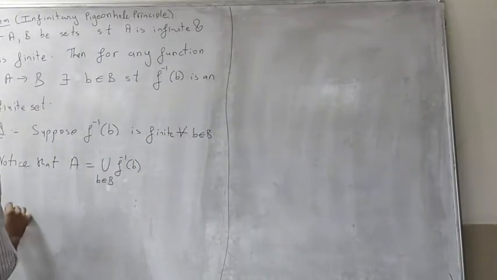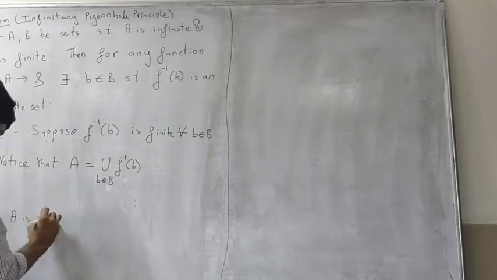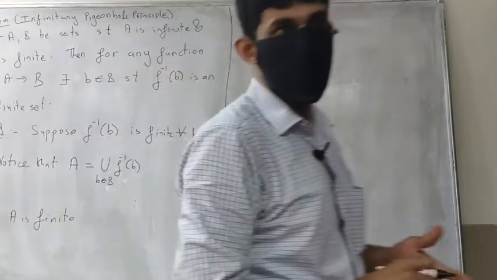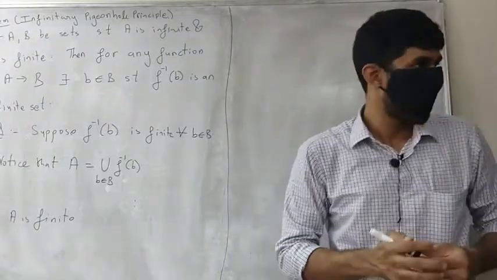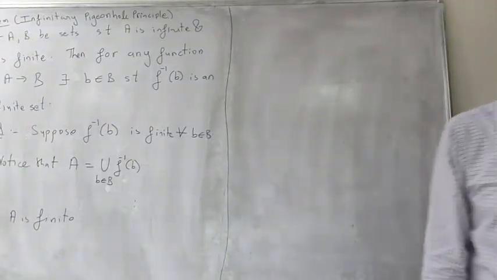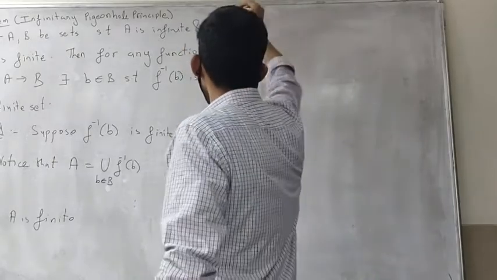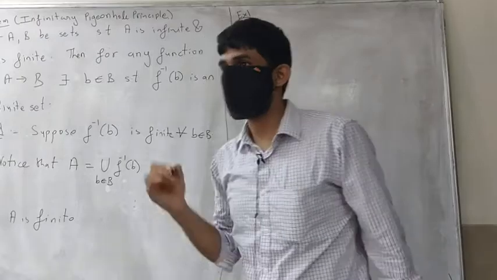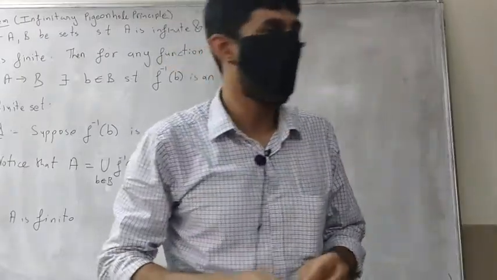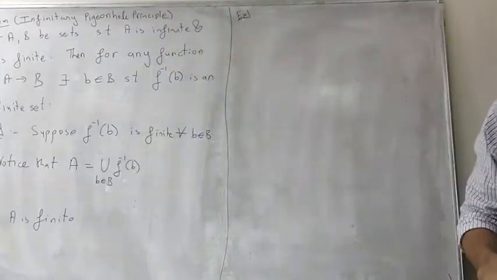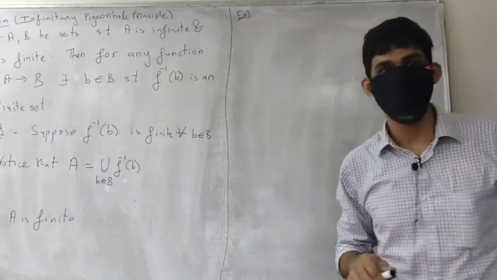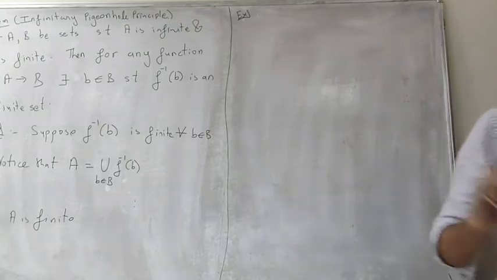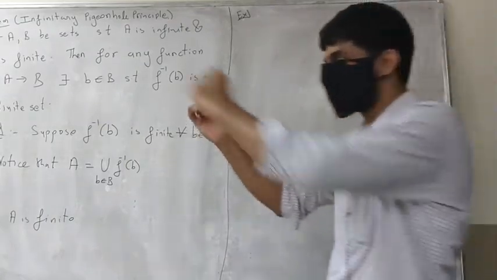So therefore, A is finite, which obviously just contradicts the fact that A is an infinite set. Okay? So this is just a fun exercise. And here's one other interesting exercise we can prove, an application in number theory, a small application in number theory.